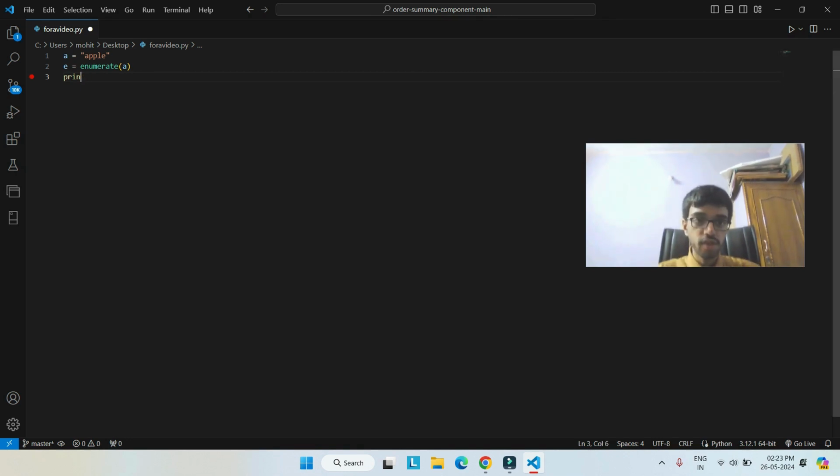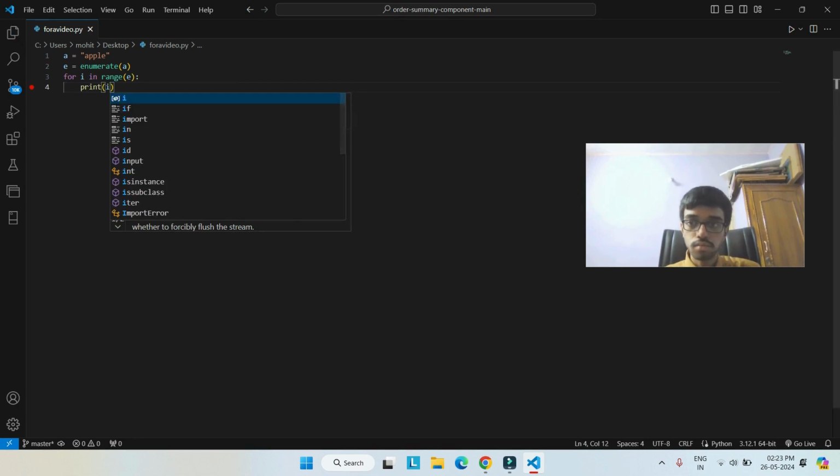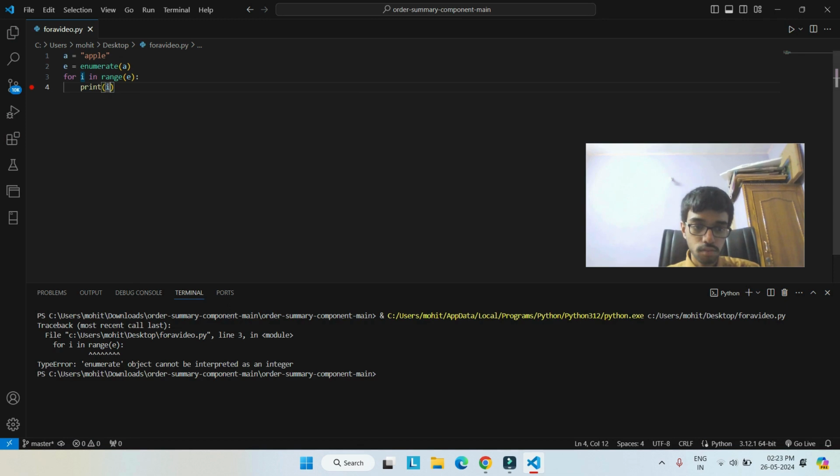Alright, if in case I loop it using an iterator, oh, it should have not been range of e because it's not an integer.